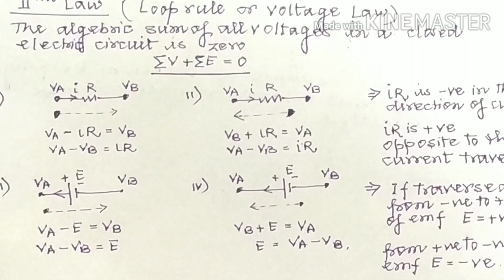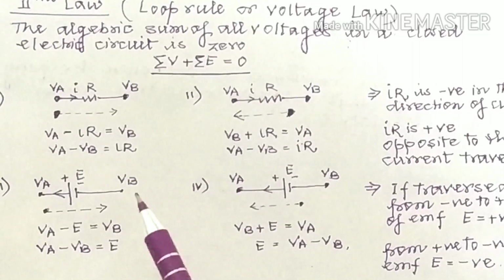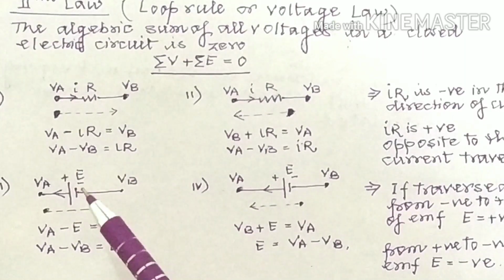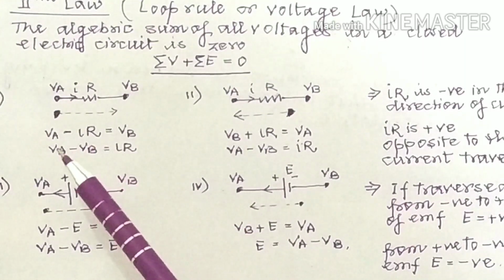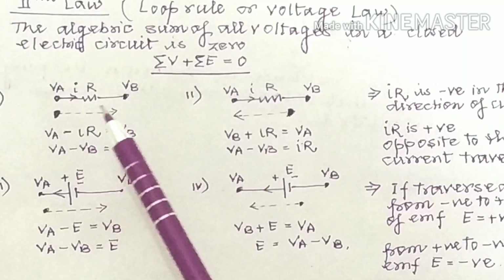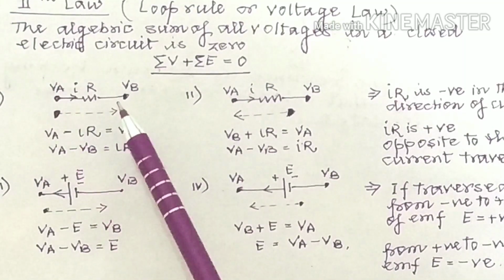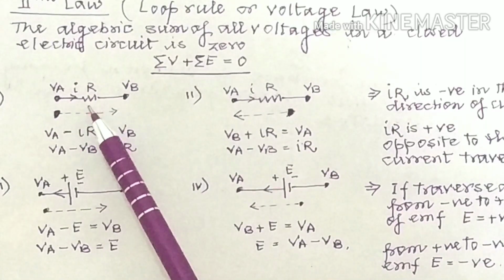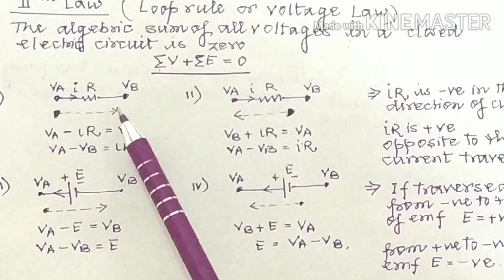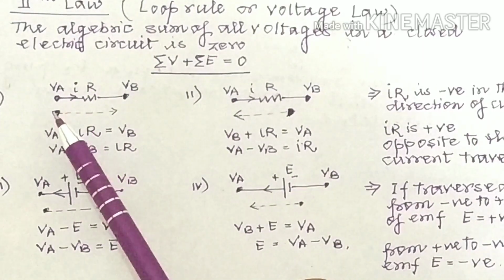For this, we have to understand this. This is very important, students. These 4 diagrams. For example, let us see the first case. VA and VB are the potentials at the 2 points A and B having resistance R. Current I is flowing through it. So if current flows